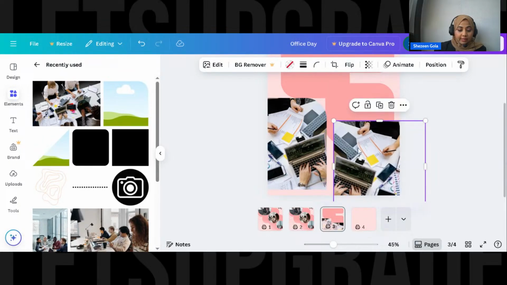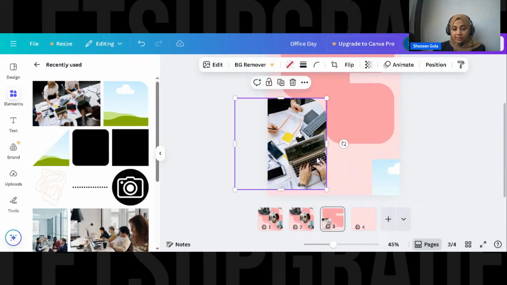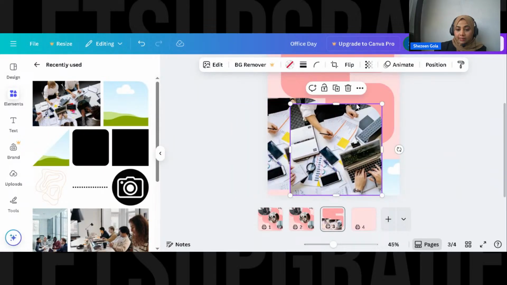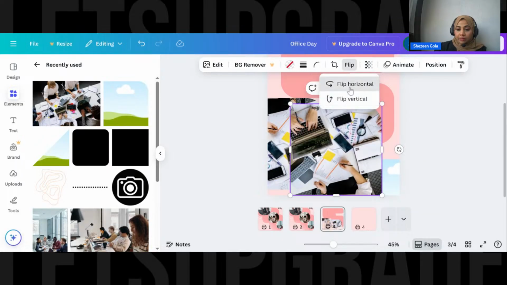Okay, what I did is I copied, let's do it again. I copied this by pressing Control D or Alt or duplicate, so it got duplicated. Now I'll click on flip. I will see what kind of a flip I want. Okay, I want it to change the direction.